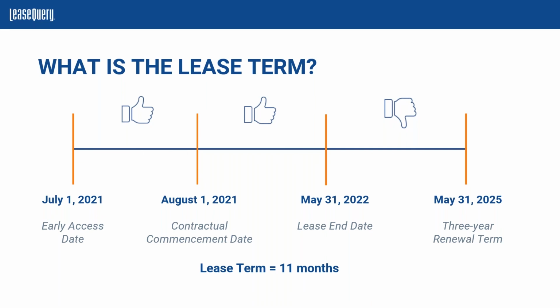So far right here, what we've evaluated is that we have a lease term of 11 months. It isn't going to qualify as the short-term lease exemption because it has the 3-year renewal term, but this again is going to be accounted for under GASB 87 for a full 11 months.